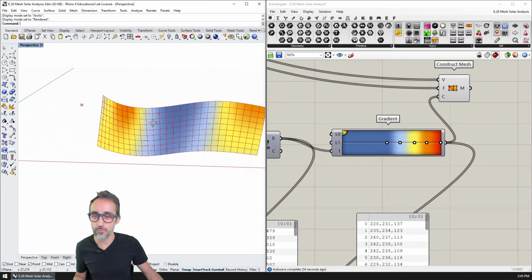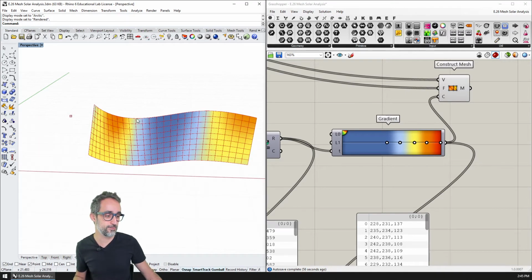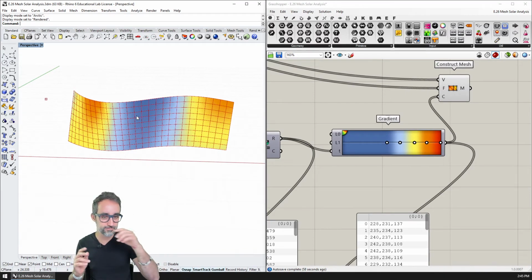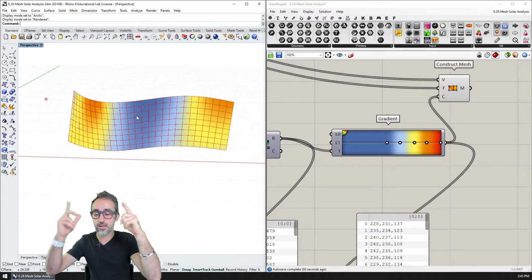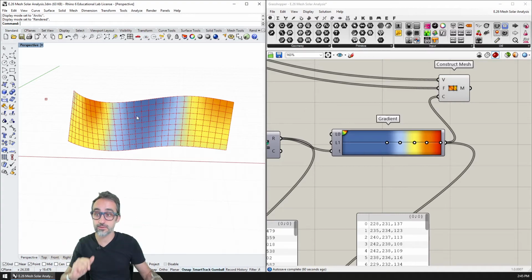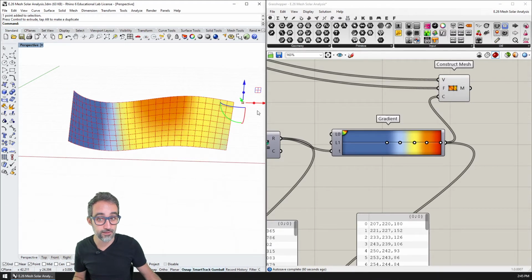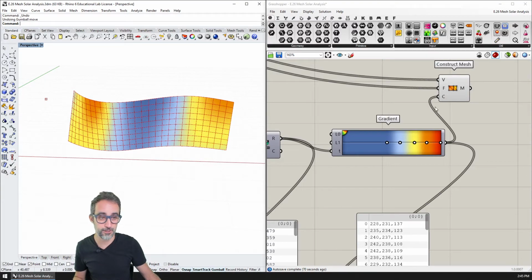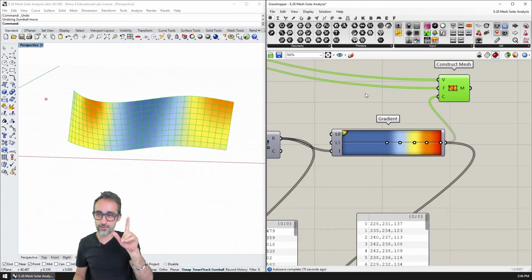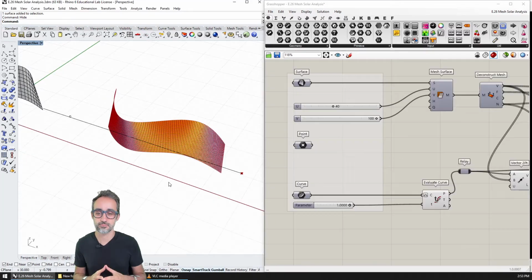I think we should make an animation out of this, right? So I'm going to follow the technique that I used on my previous video where I was talking about making animations with Grasshopper. And I'm just going to animate this point moving along this line here and then taking screenshots here. That's going to be a lot of fun, actually. Let me do that offline and I will show you the result.